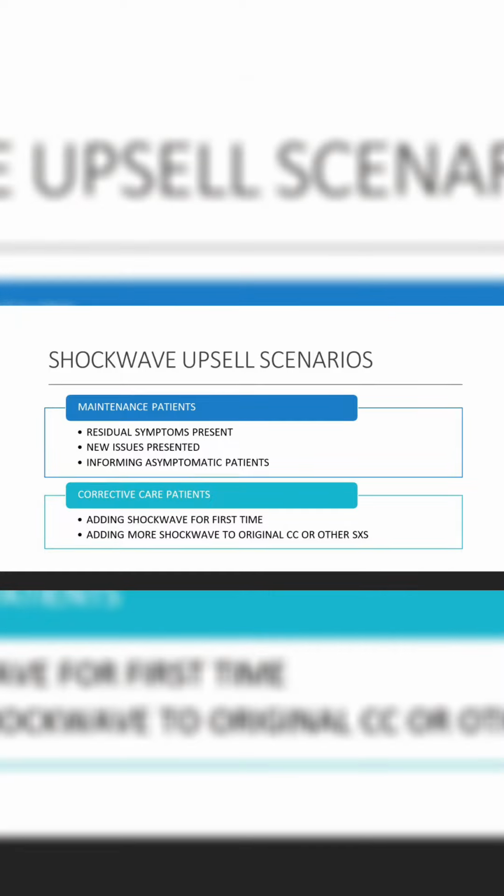The way you do this is you think of the scenarios, okay? Shockwave upsell scenarios. And there's about 5 right here. You've got 3 scenarios with maintenance patients and a couple with corrective care patients, okay? So maintenance patients, right? If you're a chiropractor that has a pretty decent PVA, patient visit average of at least